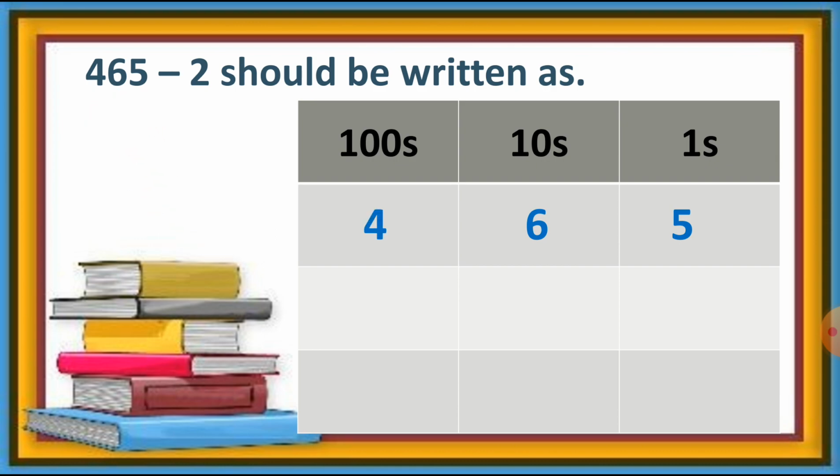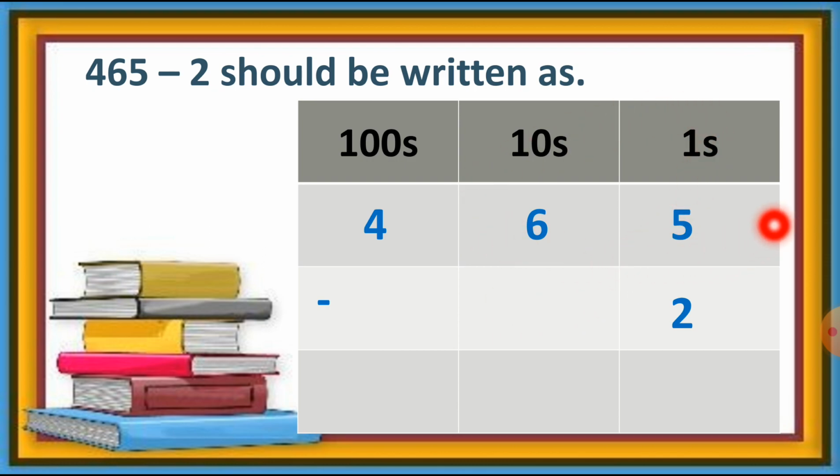So we can write it down at the hundreds column. Then here is number 2. This is the single digit. We are not writing this 2 here. We are writing this 2 at the ones column because 2 is a single digit and 2 is at the ones place. So we can write down number 2 here this way and leave these 2 boxes empty because there is no digit mentioned.